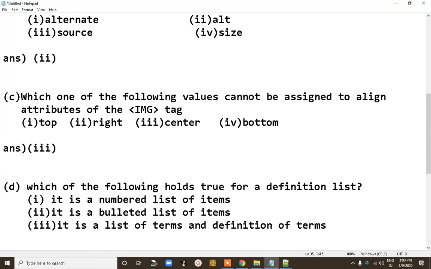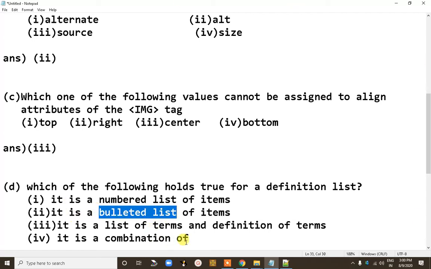And the fourth one is: it is a combination of bulleted list and numbered list.